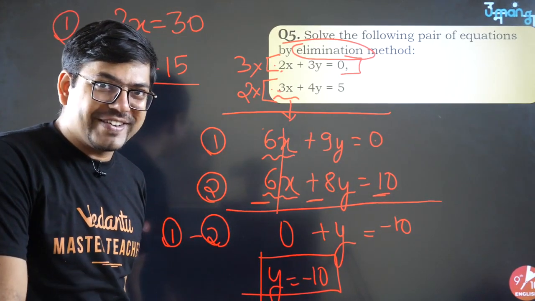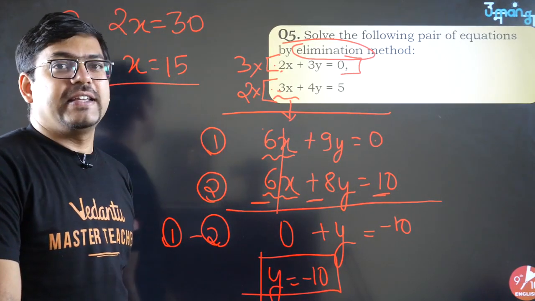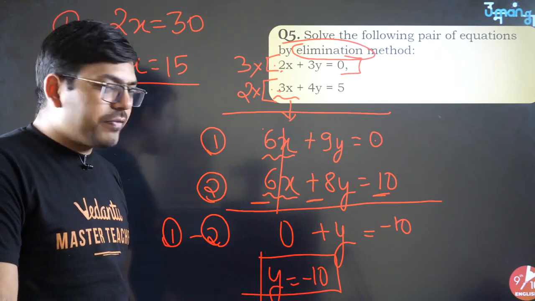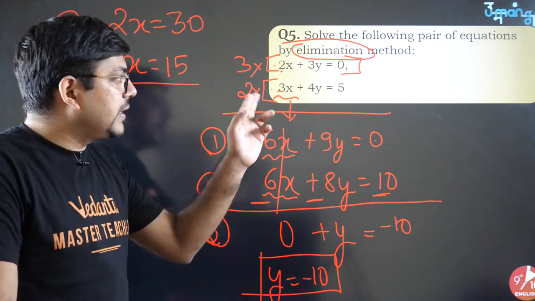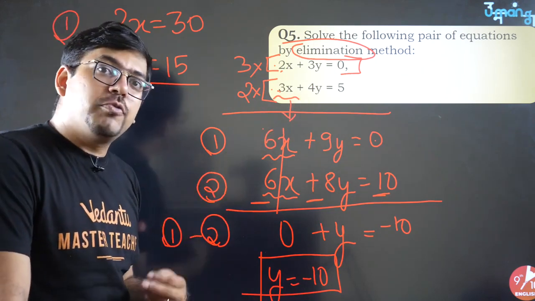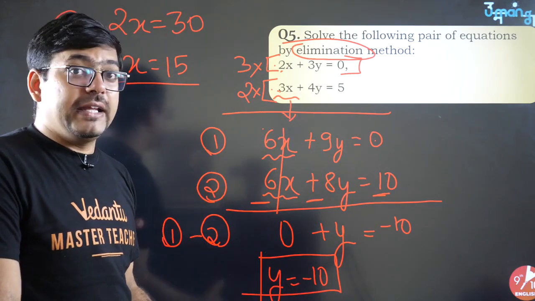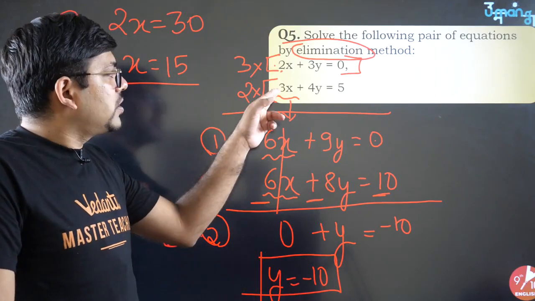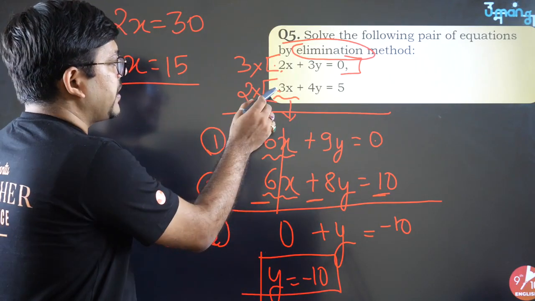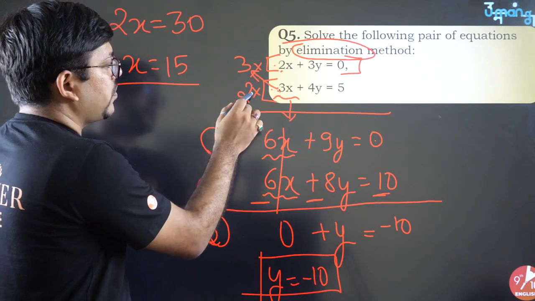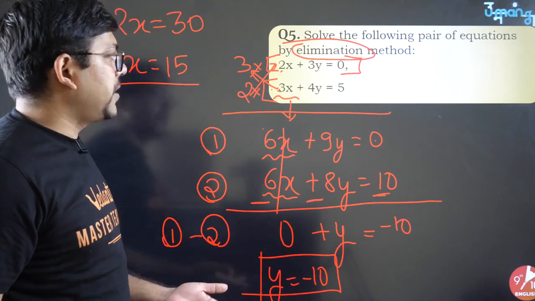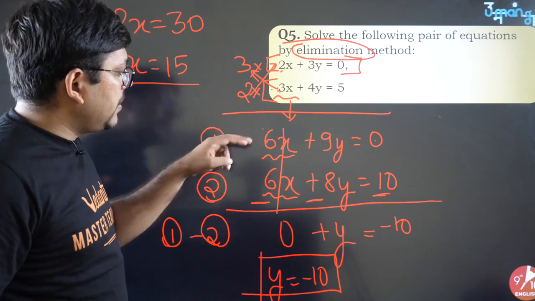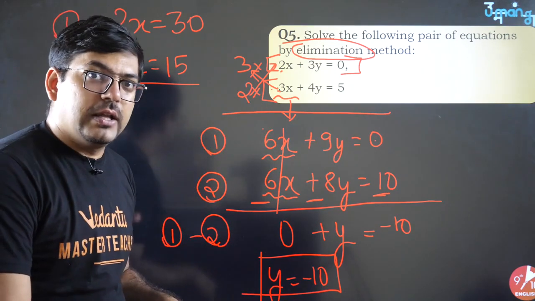I hope you all would have got it, isn't it? So this is the easy method. Fine. So what we have to do, I am again reiterating. We have to choose a variable, either x or y. We have to make their coefficients equal. Either you take the LCM or you just crisscross. You just multiply this coefficient in the first equation, this coefficient in the second one. It's pretty simple. Once you multiply them, you will make the coefficients equal.